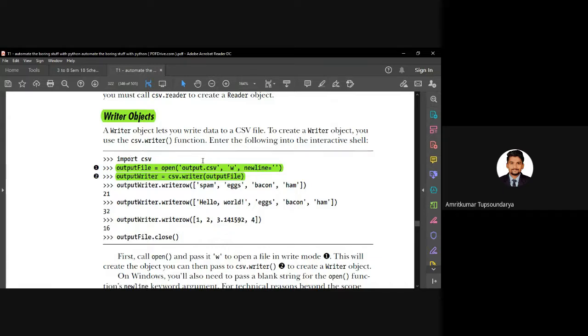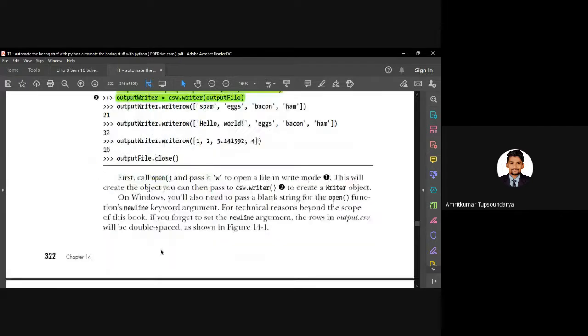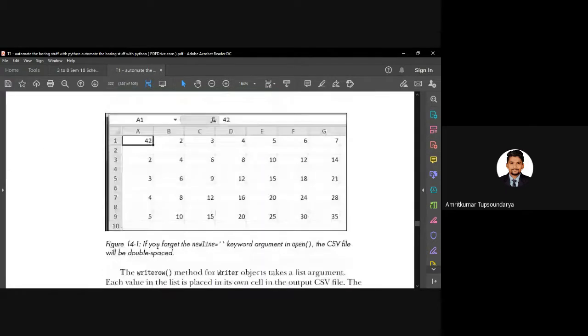So we have to set up the permission as write mode. So write mode, newline. So here the output writer is csv.writer(output_file), which is the output file object here, right? Then we can write the data, whatever data you want to write, and then ultimately close the file. Now, this newline argument is actually out of the scope of our syllabus, so no need to worry about this newline keyword argument.